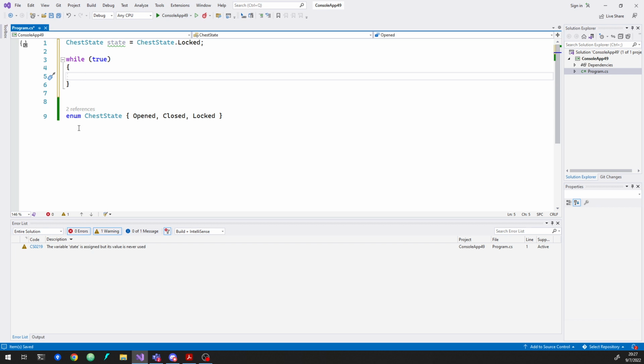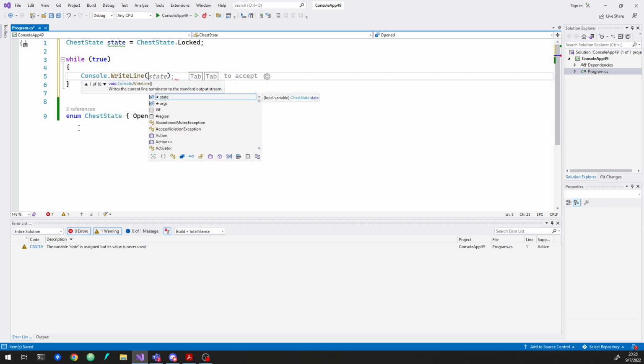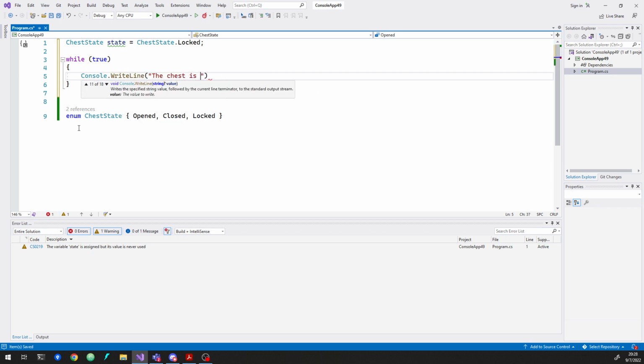So while true, and what we're going to do is Console.WriteLine. So the chest is